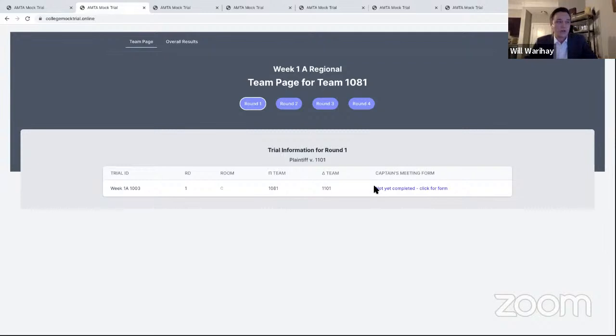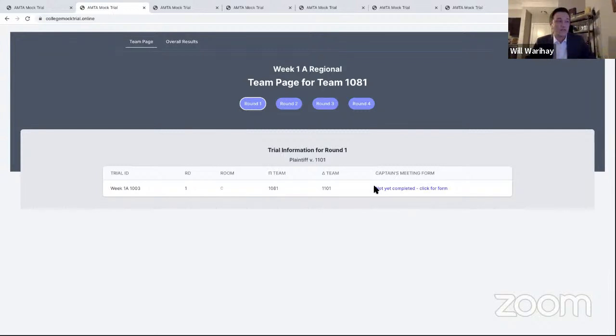So I'm going to walk through the steps of the process and how it will work from the team perspective, and show you how you get your results after rounds are completed. What you're looking at here is your team landing page. This is where the majority of the captains will live during the course of the weekend. There are going to be questions about how you access this. I'll address that at the end, but we'll start just by showing you how it works.